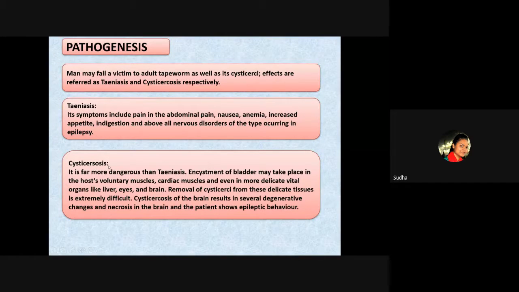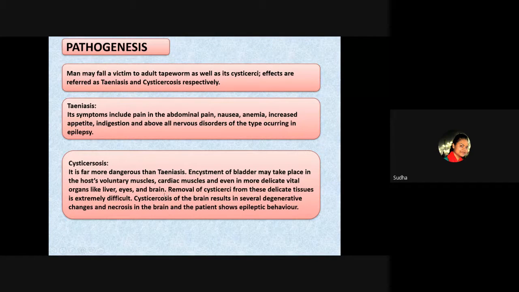Second is cysticercosis. Like I said, it is very dangerous than teniasis. What happens? The encystment of the bladder may take place in the host's voluntary muscles. So this cysticerci or cysticercus that I was talking about gets deposited into the muscles. And not only voluntary muscles, the cardiac muscles also, and even in more delicate vital organs like liver, eyes,